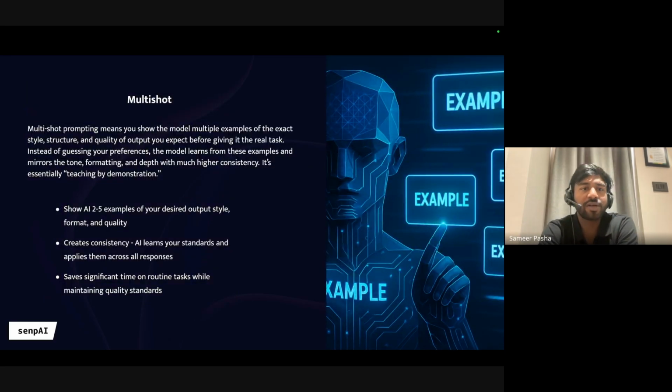Next, we are looking at multi-shot. Basically in multi-shot, we are giving examples of the output, saying, hey, this is how I want the output to be. So now the LLM gives you output the way that you want it, rather than going haywire or giving different types of outputs, or not the output how you want it to be.